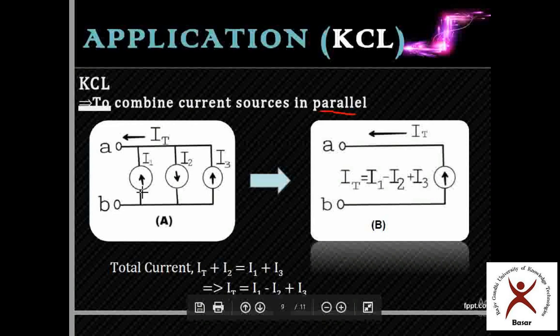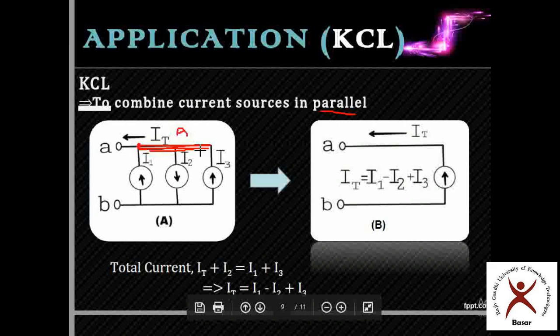Here you can see three current sources I1, I2, I3 are connected in parallel, and one current, that is IT, which is the sum of these three currents, is leaving. That means let us consider this entire part as one node. This is just one terminal only. These three are connected to one terminal. Let me consider it as capital A. That is, this is a node.